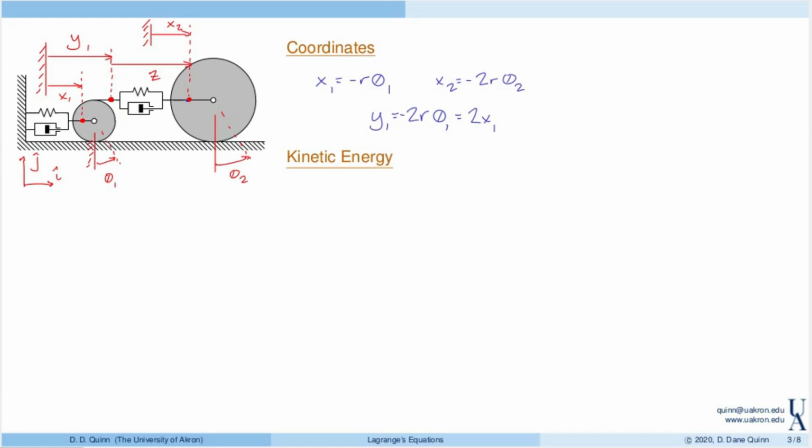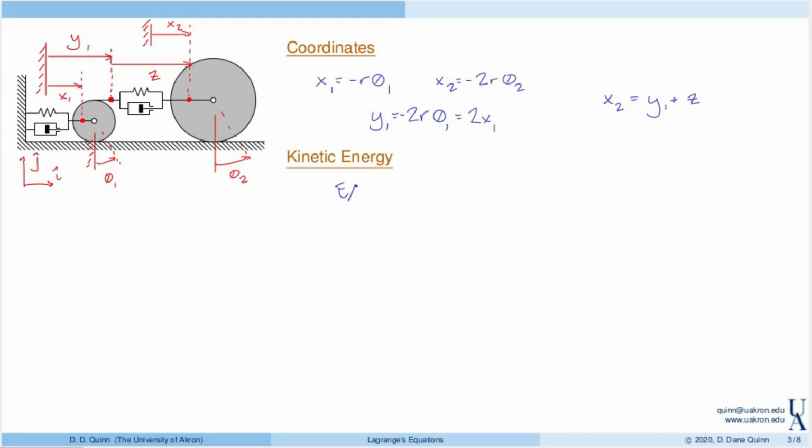And then finally, looking at this relative displacement, we see that x2, the displacement of the right, is the displacement of the left, which is y1, plus the relative displacement between those two, z. So now we have 6 coordinates and 4 constraints, again giving us a 2 degree of freedom system. So if we look at the kinetic energy now,